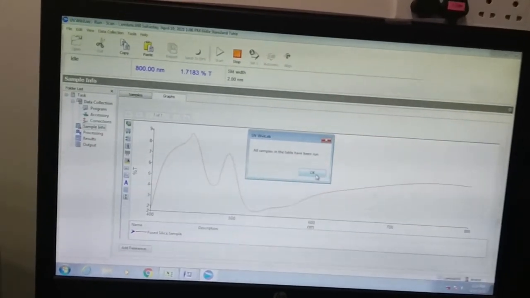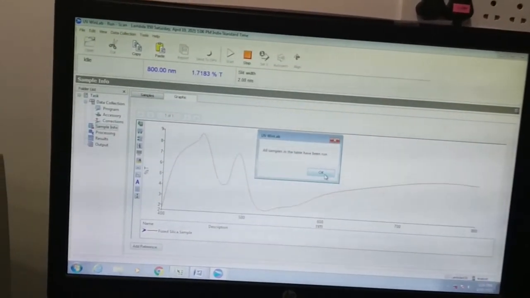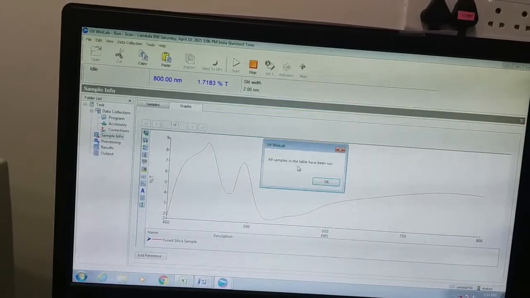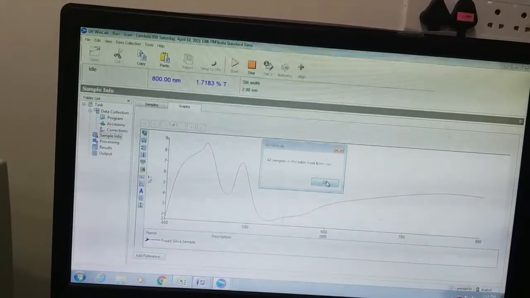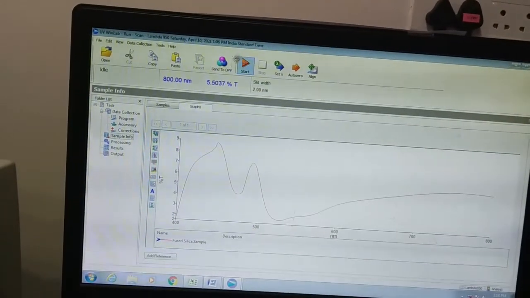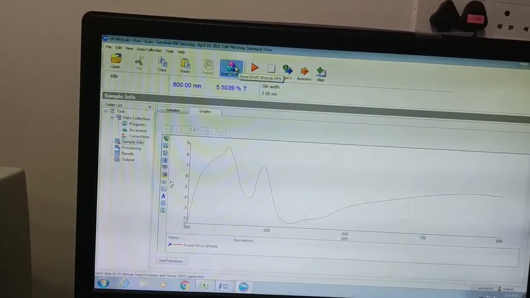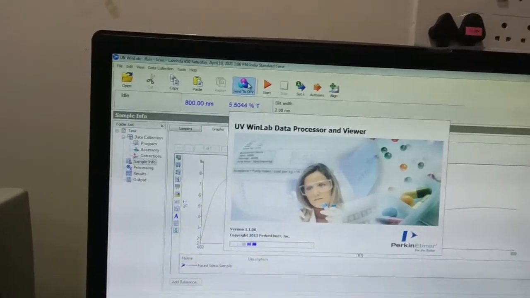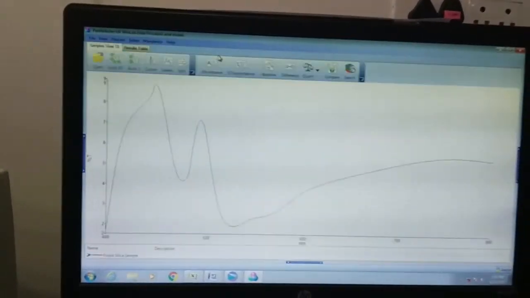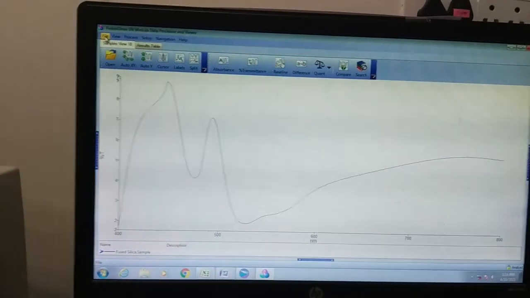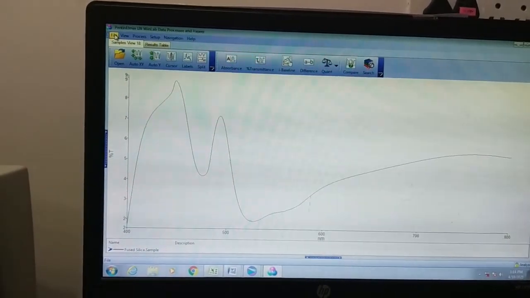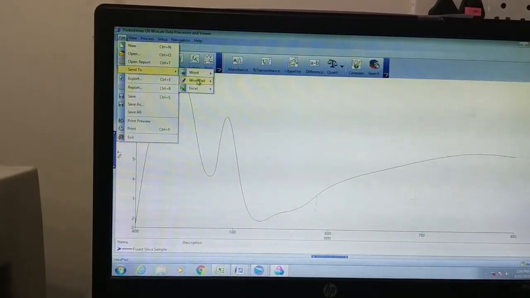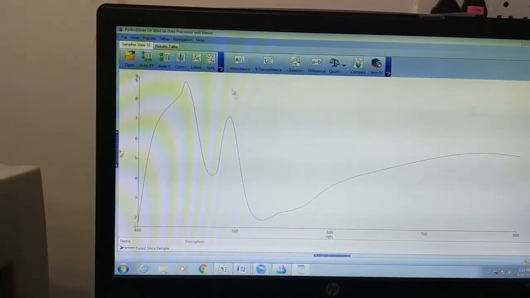Now scanning is complete. The software gives the instruction: all samples in the table have been run. Then press OK. Then press send to DPV, which is the data processor and viewer, which is required to get the data and the graphs. Then press file and send to WordPad, then new WordPad.